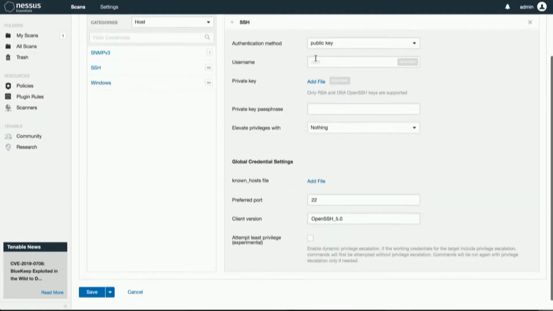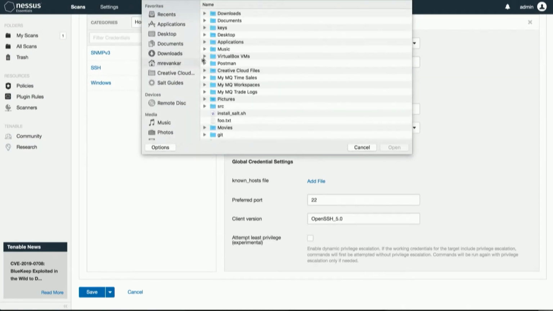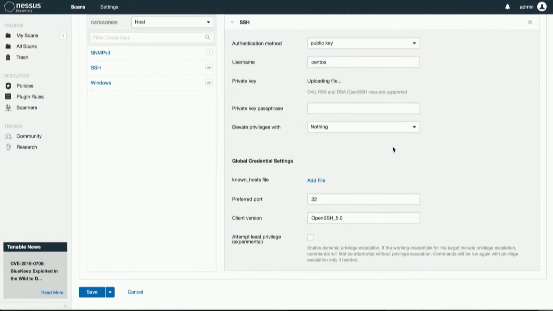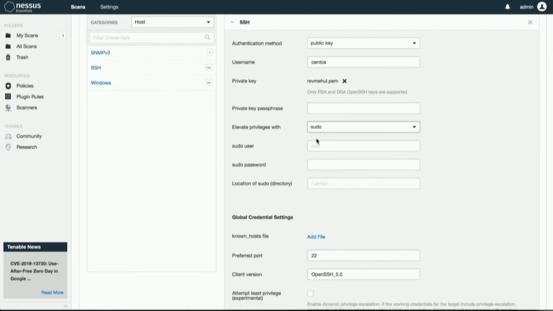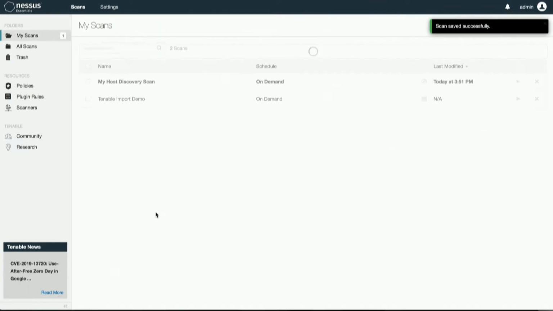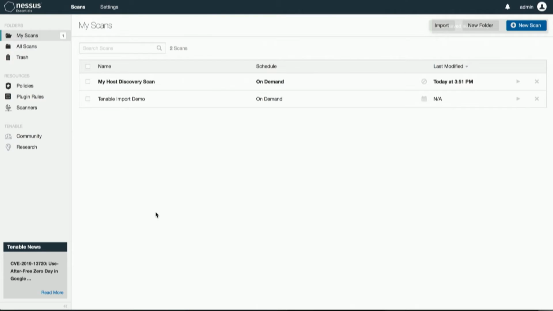We'll have to give some credentials, obviously. So let's put in some SSH credentials here. So since we are not logging in as root, let's give sudo privileges as well. And then save the policy. Now you have to save the policy, and imagine a scenario where you would create your target group where you want to scan with Tenable, and then the target group sync up between SaltStack Enterprise or SaltStack Protect and Tenable. So now let's go ahead and run the scan.